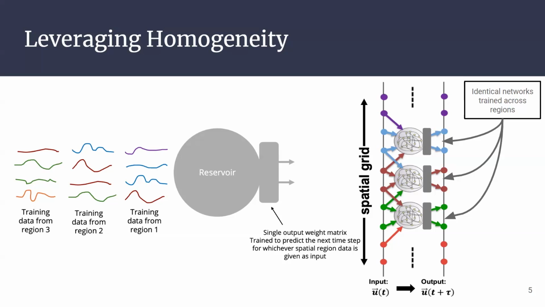reservoir. So if we have T amount of training data going back in time, instead of training each neural network system, each reservoir, on its T amount of data for its specific region, we can train on effectively N times T, where N is the number of regions over which we're training. So we can manipulate that data to get better predictions.